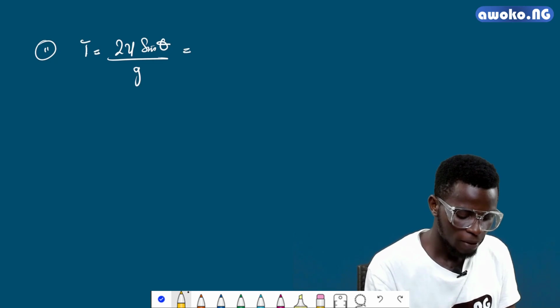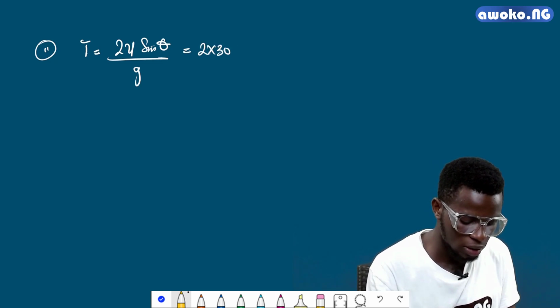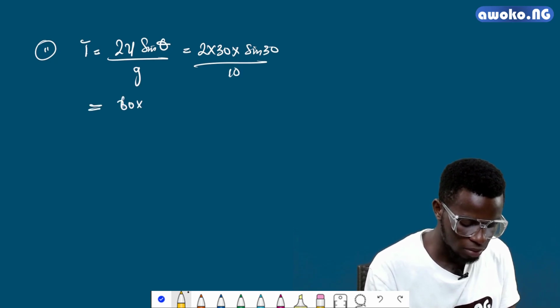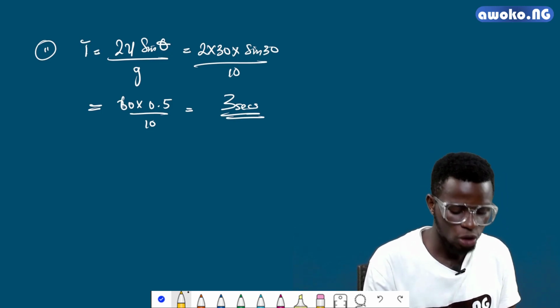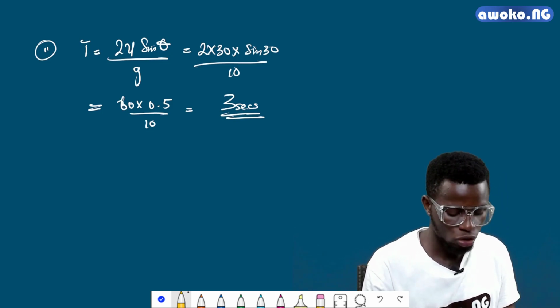And we have this to be equal to 2 times 30 times sine 30 over 10. So this gives 60 times 0.5 over 10, which is equal to 3 seconds. So the time taken for the projectile to hit the ground is equal to